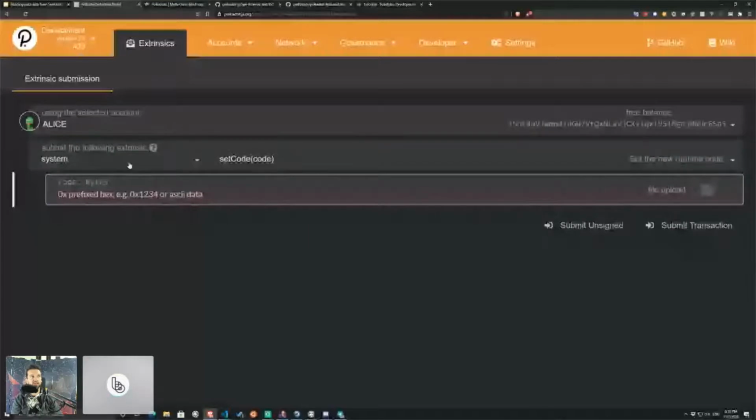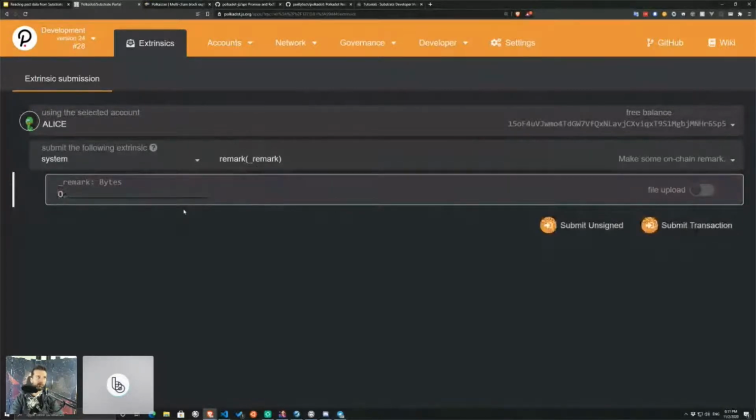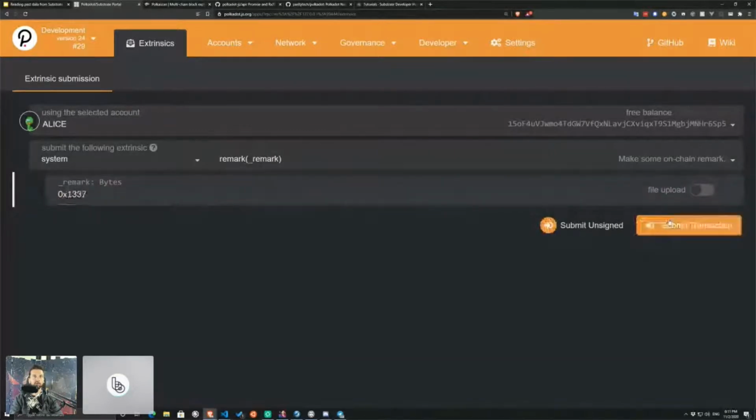I used the system remark extrinsic, which lets me graffiti the chain. The system remark extrinsic just lets you output or input any message into the chain, and every node connected to this chain will see that extrinsic. The remark itself has no effect on the state. It doesn't change anything in the state. It's just something like literally putting graffiti onto a block. So if I put here 0x1337 and submit this as Alice,